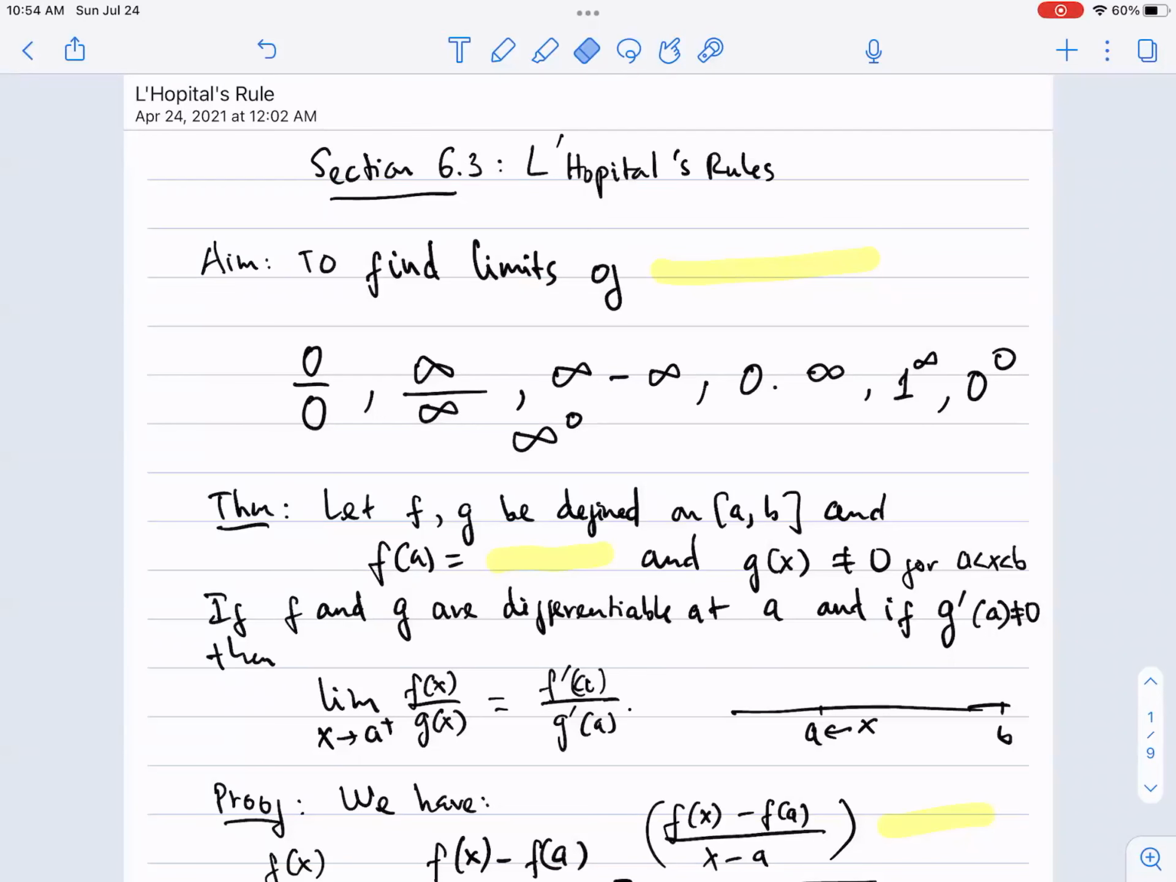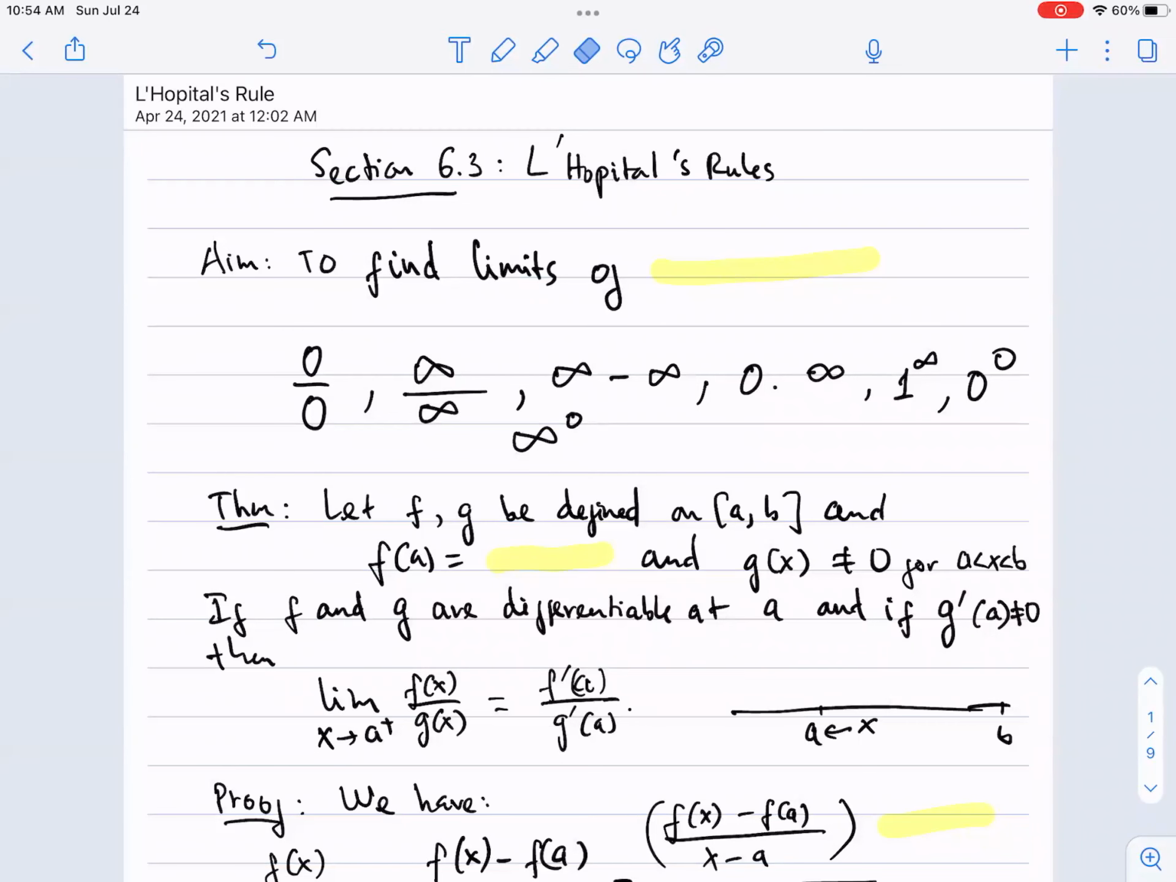Today we discuss section 3.3 about L'Hopital's rules. This is a very powerful technique to find the limit of a function. Recall that we have very convenient tools from chapter 4 to find the limit of a function, namely the compatibility of the limit